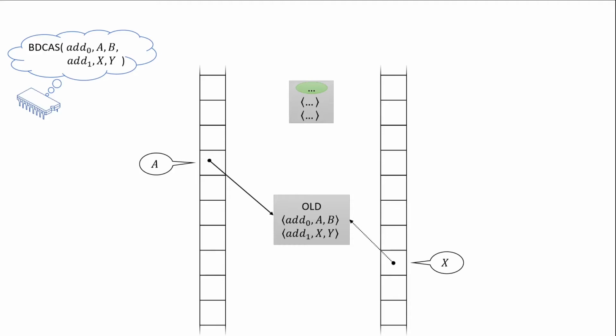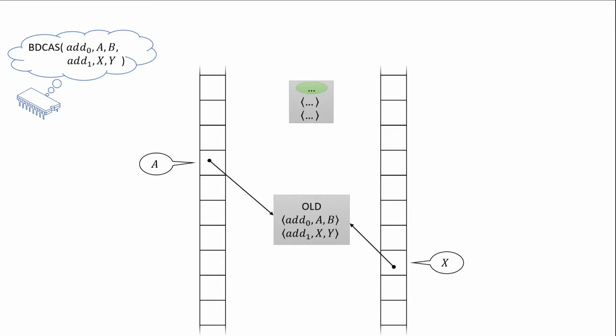In that case, we may have to start over our entire BDCAS operation. However, we are guaranteed that if the CAS is successful, then it does not change the interpreted value of the corresponding array entry. If the CAS succeeds, then we repeat the procedure on the right side.